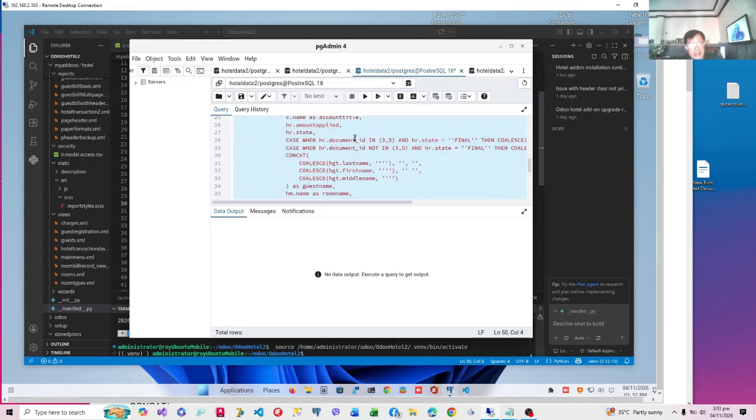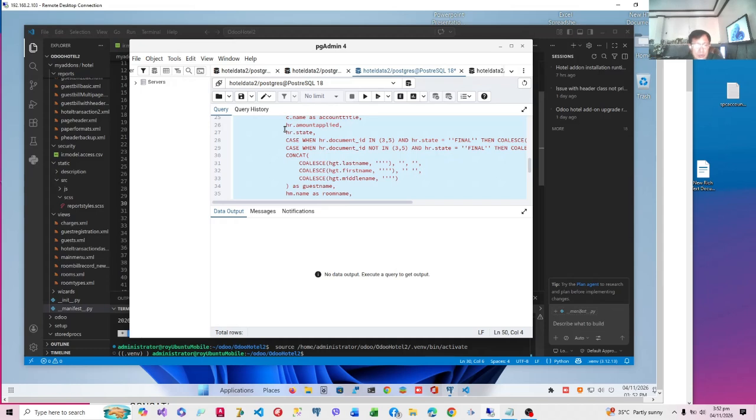Now in this case, I'd like to show you how to create that select statement and to create a user interface view that will ask for the parameters of the report. Like for example, we are going to summarize all transactions of the hotel given a certain period. We'll start from a date and end from another date. So we'll have to make an interface that the user can use to specify the parameters of this report.